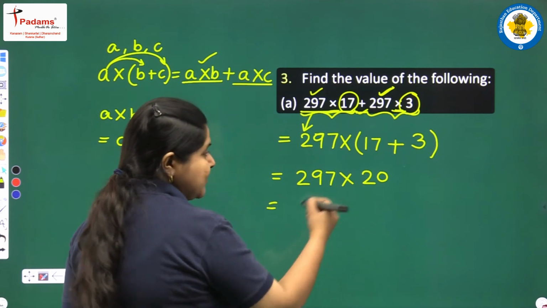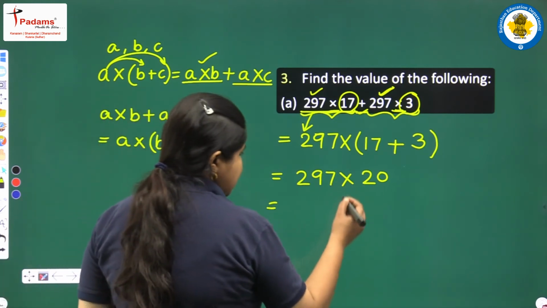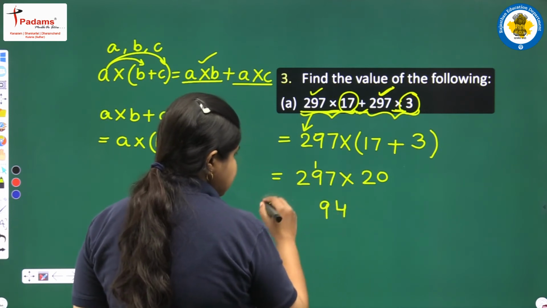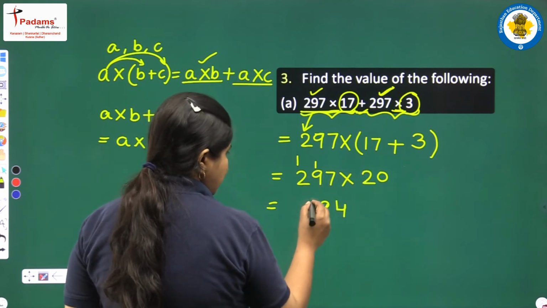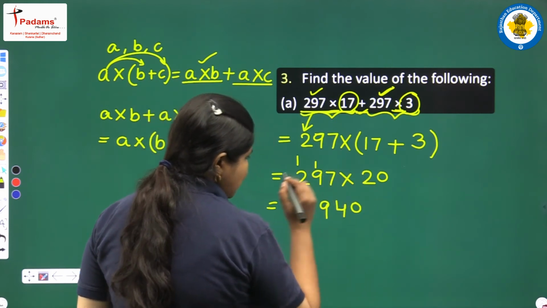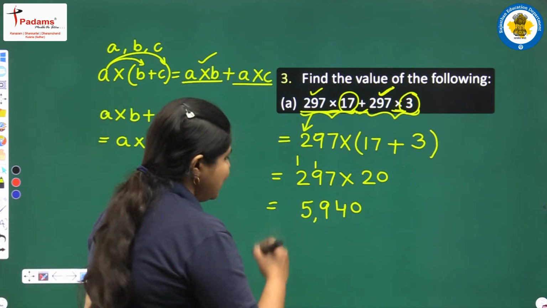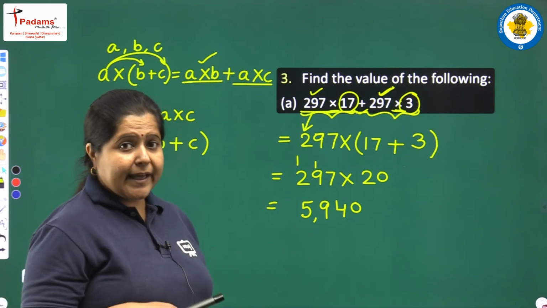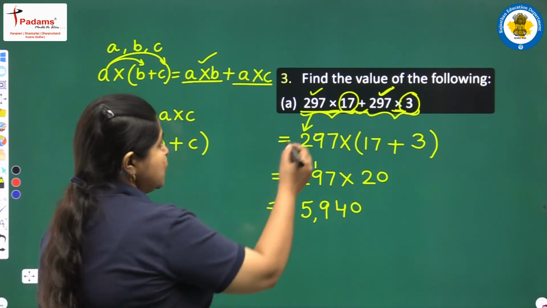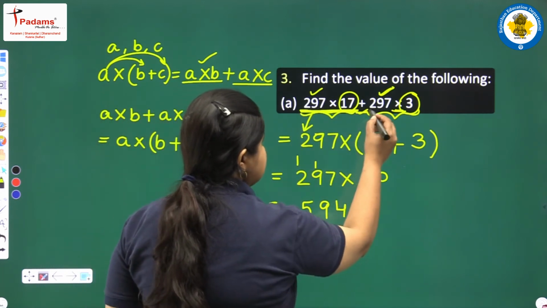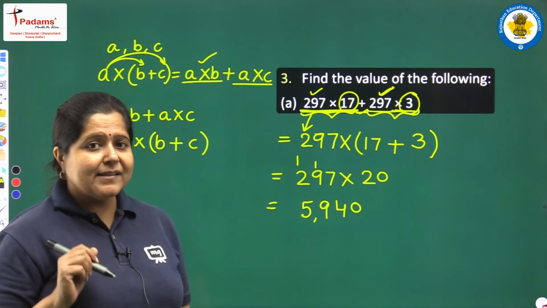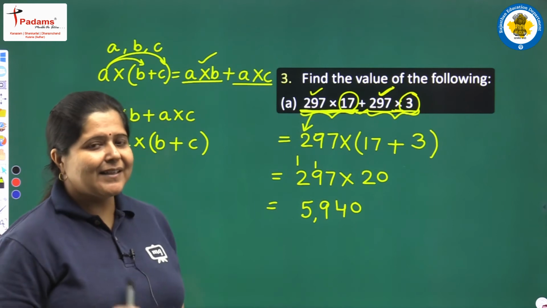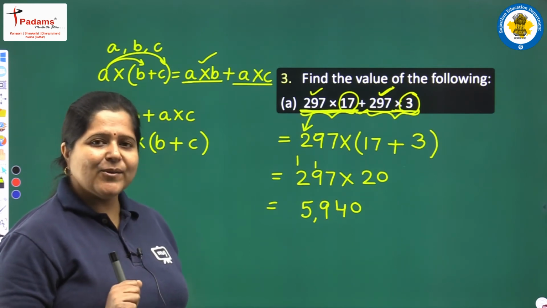And now multiplication by 2, you know it's very easy. 2 sevens are 14, 1 carried, 2 nines are 18 and 1, 19, again 1 carried, 2 twos are 4 and 1, 5. Now mark this 0 at the end. Now the answer is 5940. So how quickly we got the answer? In place of this, if we would have chosen to multiply these two numbers first, then multiply these two and then add, then the answer we would have not got it till now. Okay, so it's a fast and easy method. So always apply these properties while doing the calculations.